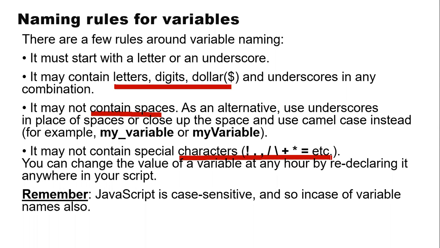What are the symbols that are allowed for me? Only one special symbol is allowed, and that is the dollar sign. You can also use digits, that is numbers, you can make use of the alphabets, and you can also use the underscore. Except this, nothing is allowed as a part of the variable name. So you have to remember that.